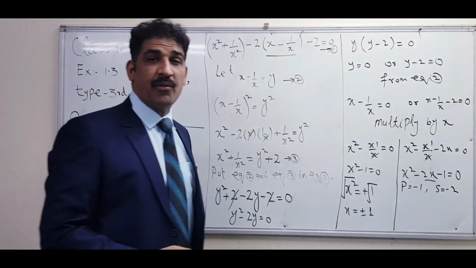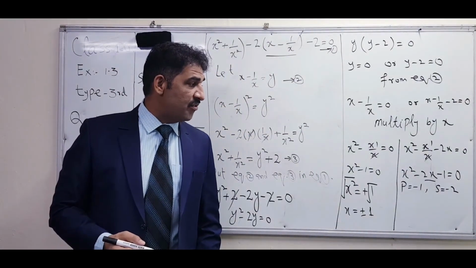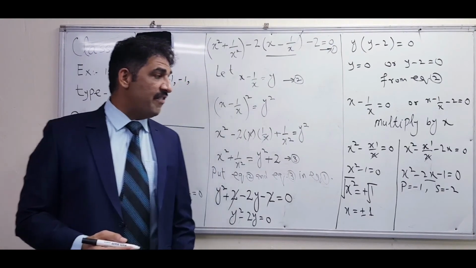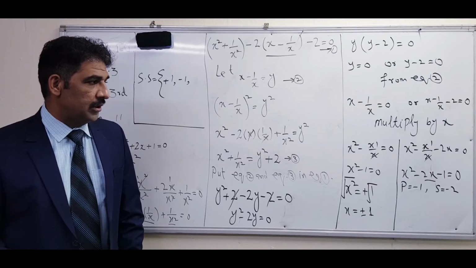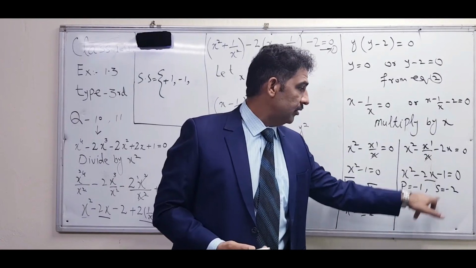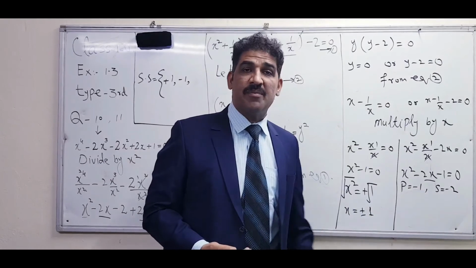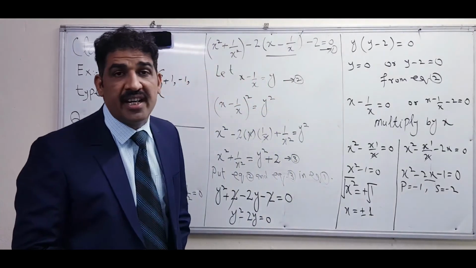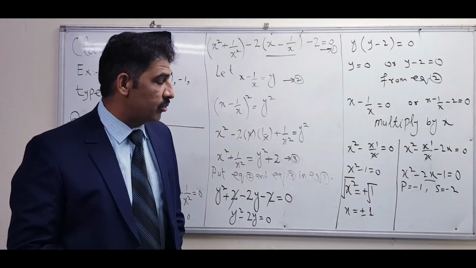It means that we have to find factors whose product is equal to minus 1, and when we add, we get the answer minus 2. So 1 ones are 1, but here the product is minus. So 1 ones are 1, it's not suitable, because minus 1 plus 1, it means that we have to use the quadratic formula.